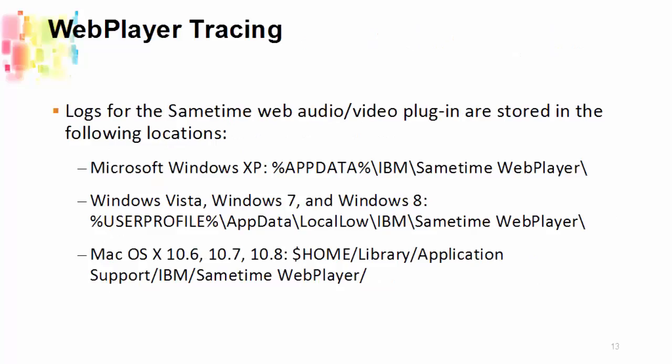Once you have the web player plugin installed, the location for the logs is going to be in the application data folders, as I've laid out here, or in the user profile, or in a home directory, depending upon your client platform. And this is where you will then go and set your tracing levels and grab the logs. So the logs are located there. If we go to the next slide,